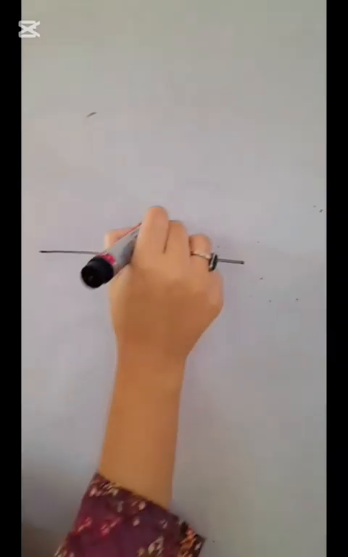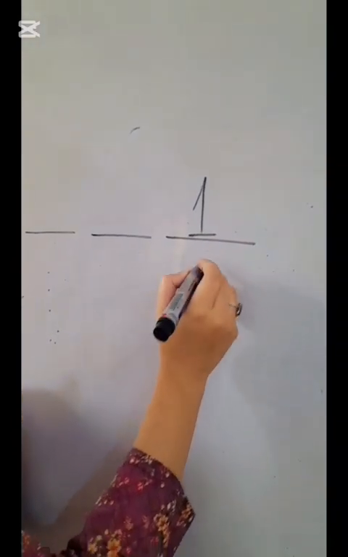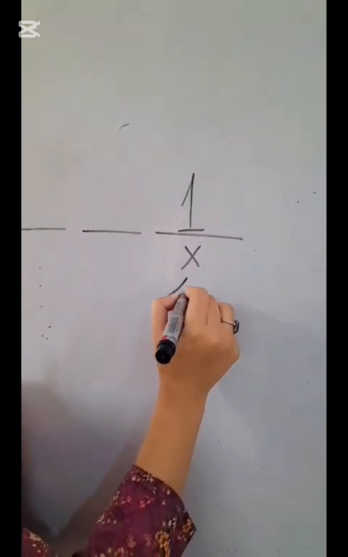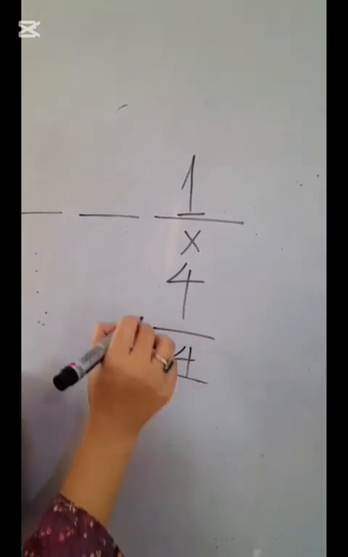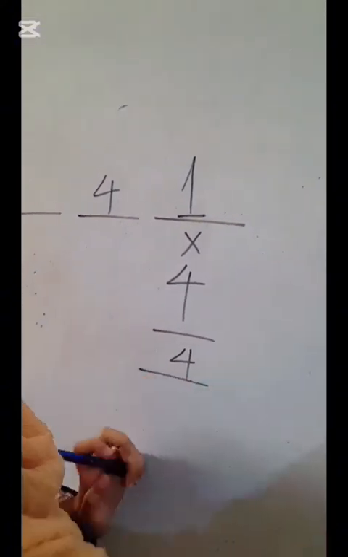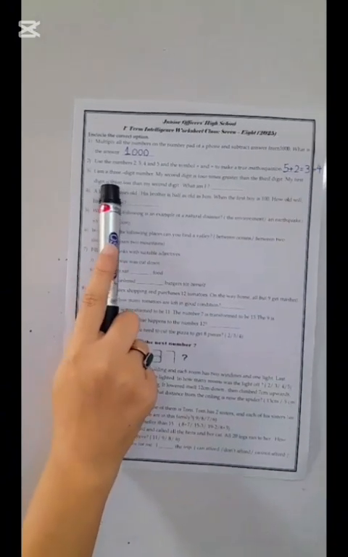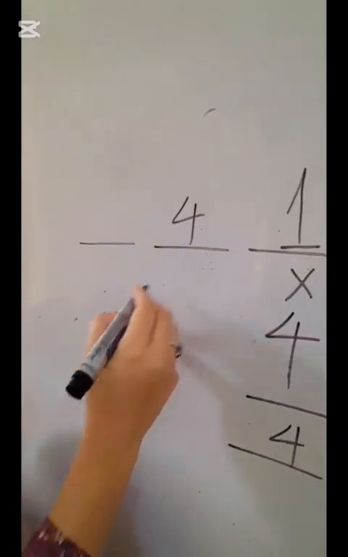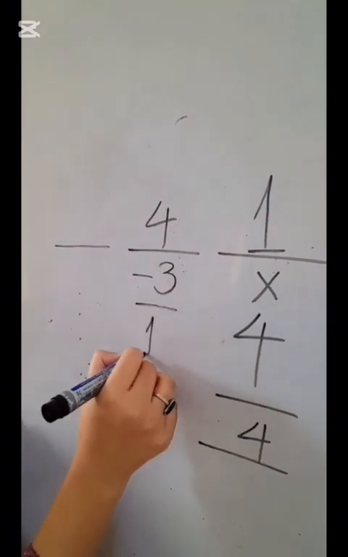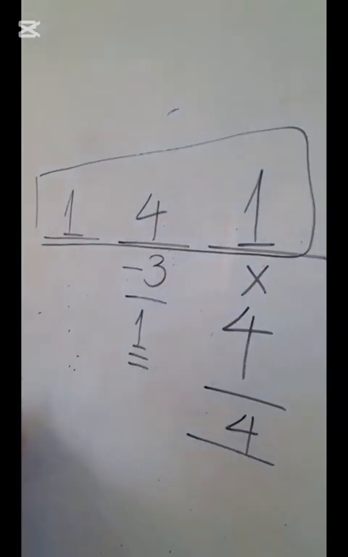So let's suppose the third digit is 1. The blank is saying my second digit is 4 times the third digit. 4 times means we have to multiply it by 4. And what will be the answer? 4. We will write it here. Now my first digit is 3 less than my second digit. What is our second digit? 4. 3 less than meaning minus 3. The answer will be 1. So this number is the answer of blank number 3.